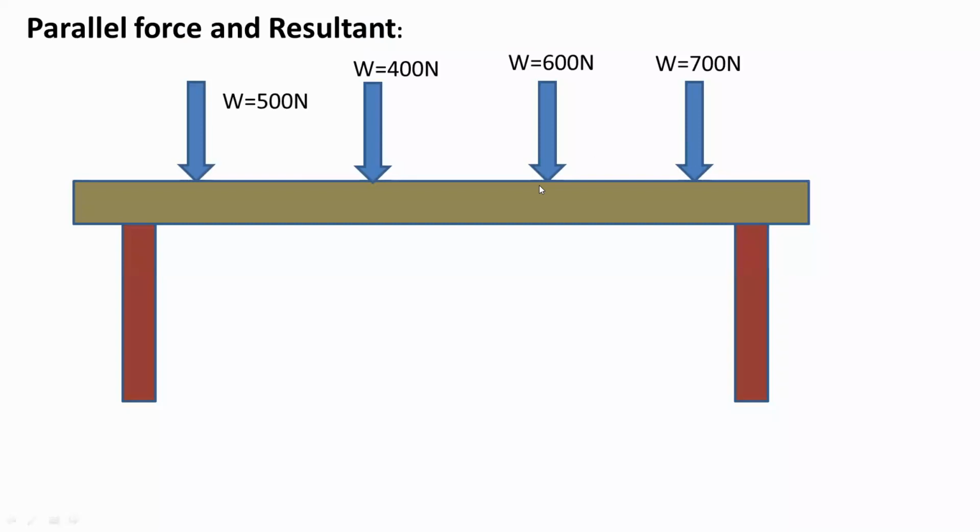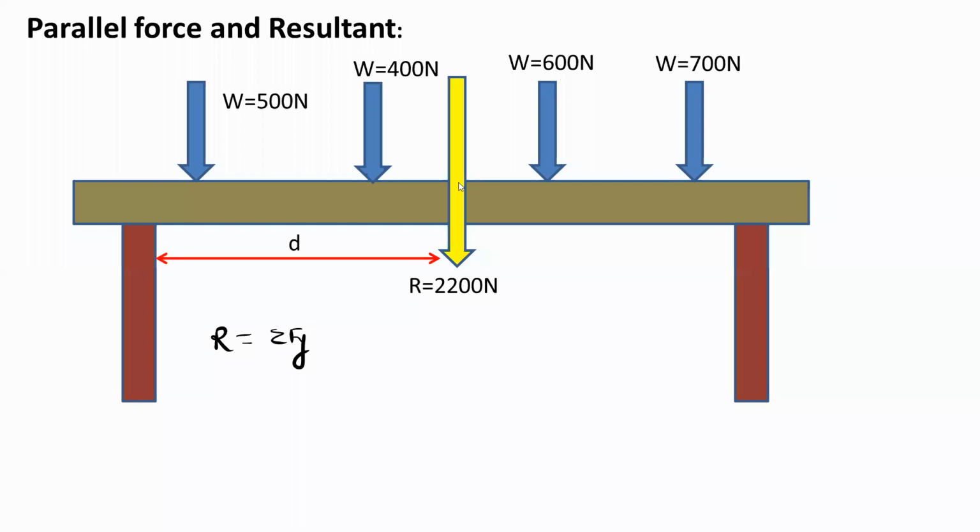When we want to find the resultant for the parallel force system, we only use either R is equal to summation Fy or R is equal to summation Fx. Right now, all the forces in the given diagram are directed in the negative y direction, or only along the y direction. So the resultant will also act in the y direction. This is the resultant, and this value R is equal to summation Fy. This summation Fy is nothing but the addition of all forces.